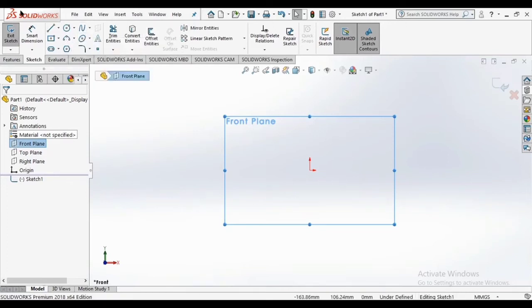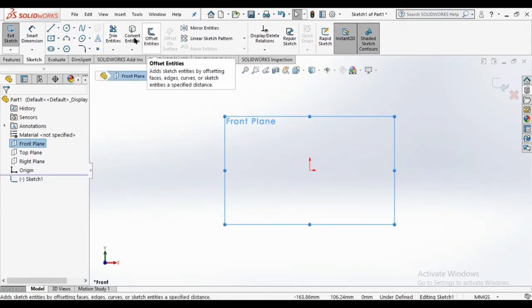These are a few commands for drawing, which include line command, circle, spline, rectangle, arc, ellipse, and you can even write text on sketches. These are a few commands we will use one by one.